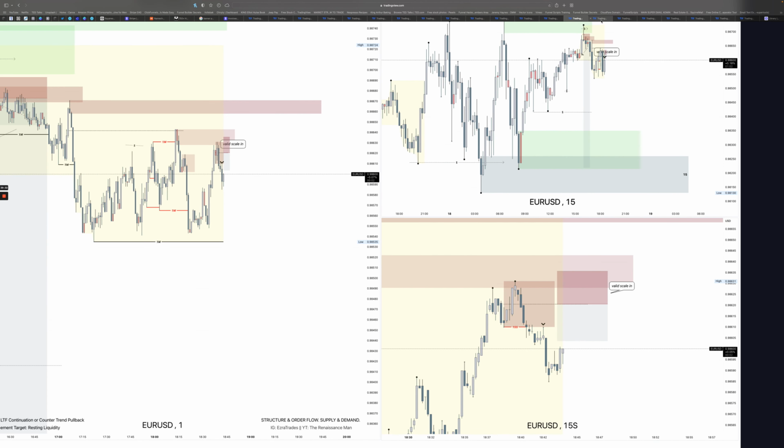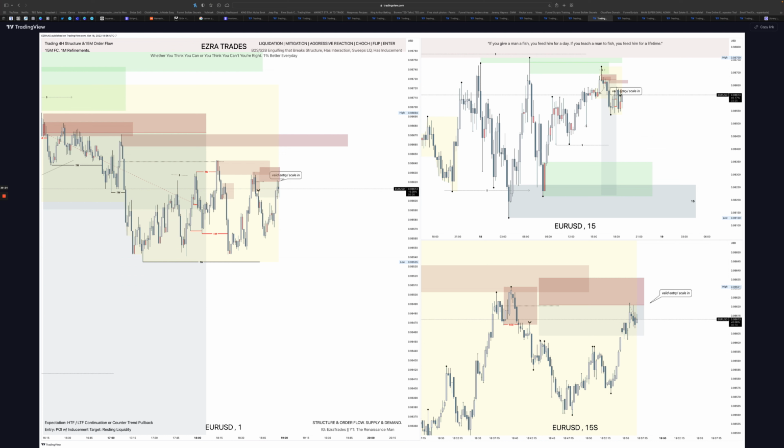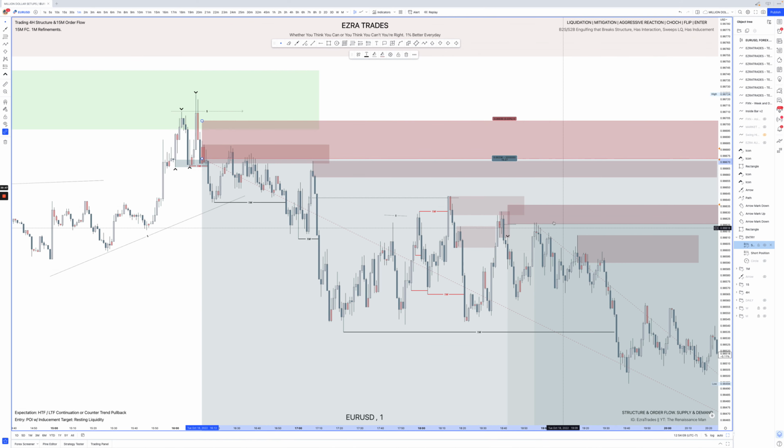So now let's go to the next one. Price continues to push lower, and then what do we have? Price does come into our zone. Now in this case, this is a very small zone. We're targeting the 50% of this area here. All you need for this is a 1.5 pip stop loss. So if we go here